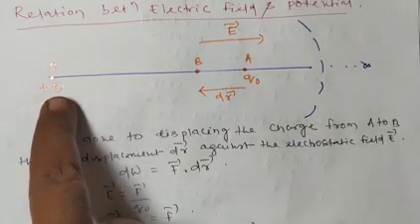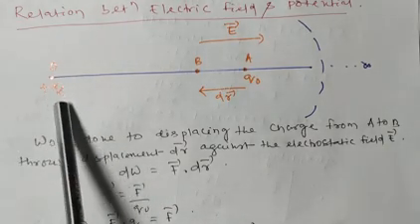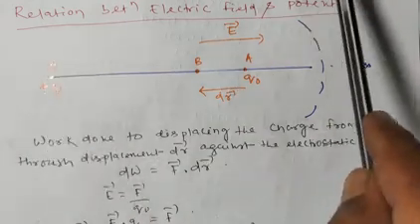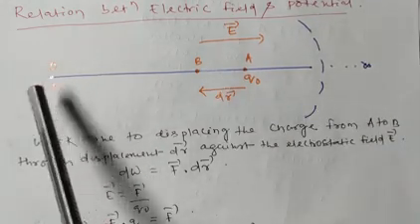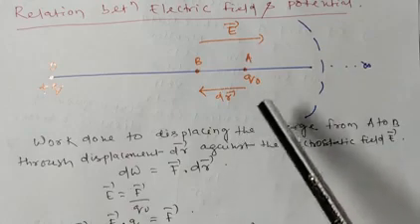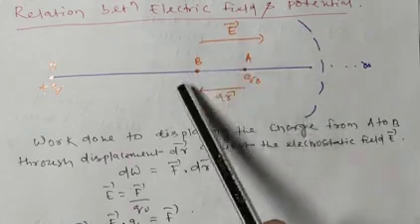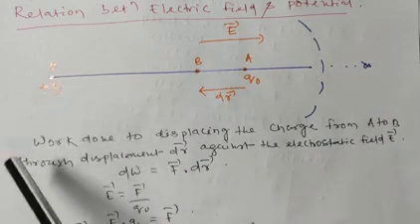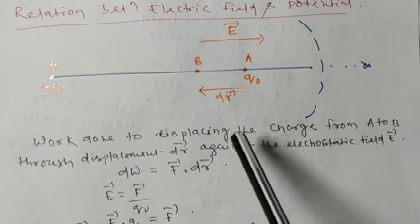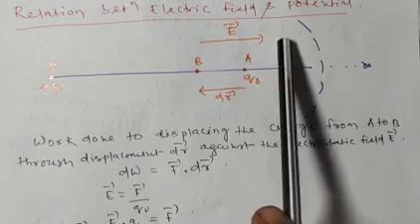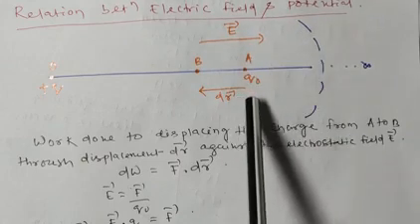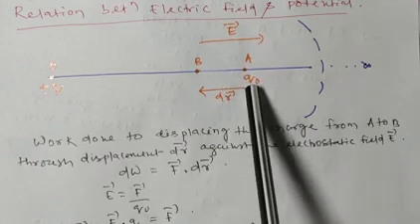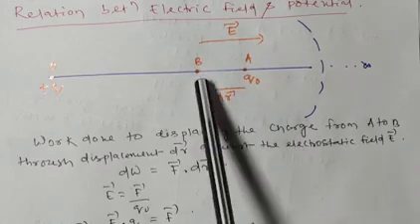Let us consider a positive charge which is placed at O, and it is the electric field of this charge. Now A and B are two field points inside the field of charge Q. The direction of the electric field is along this, whereas a test charge is placed at point A and we want to displace that test charge from A to B,